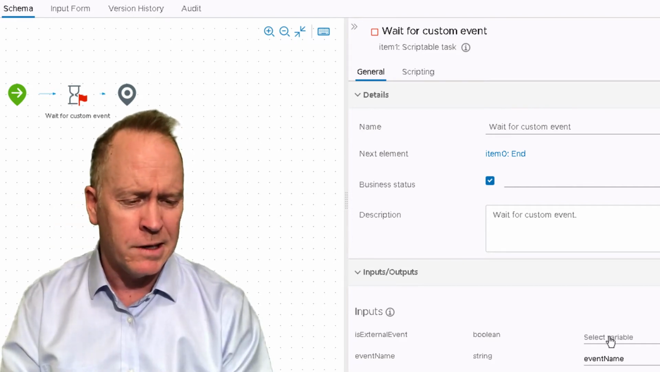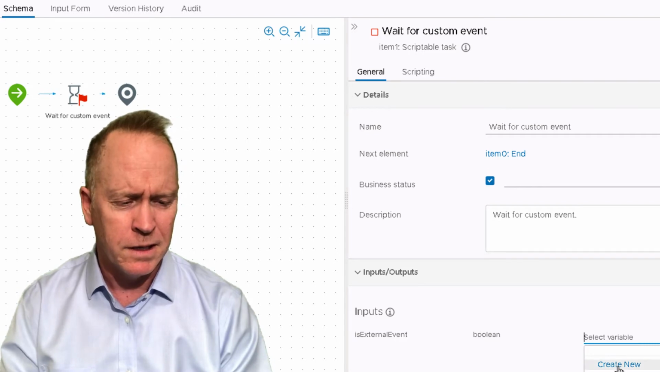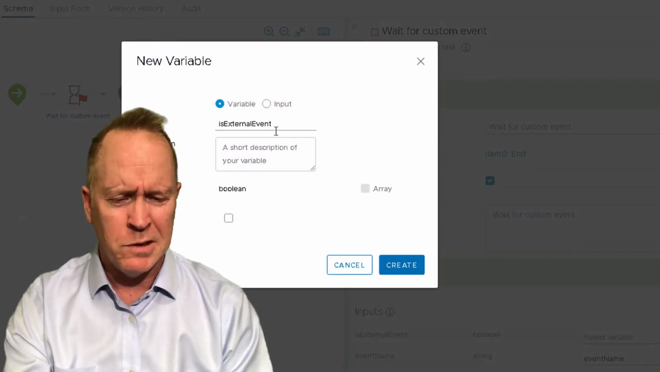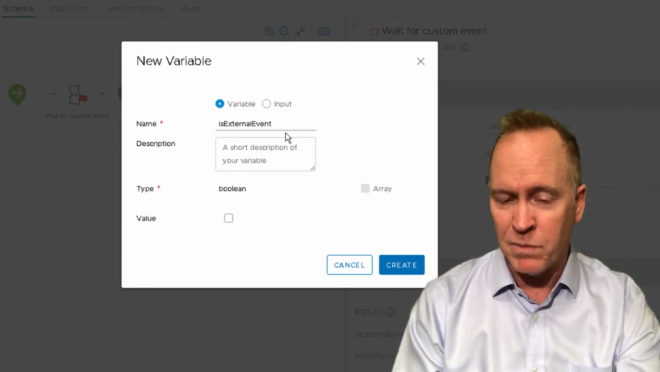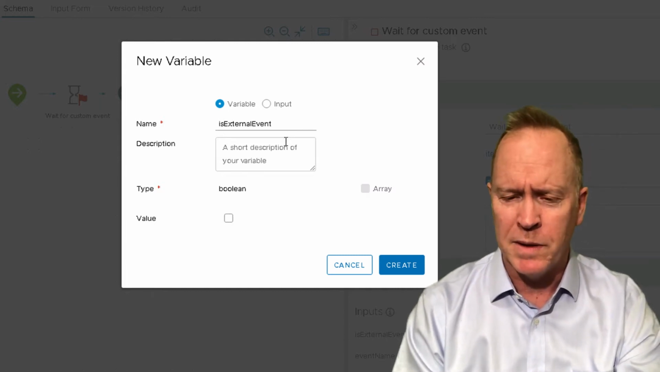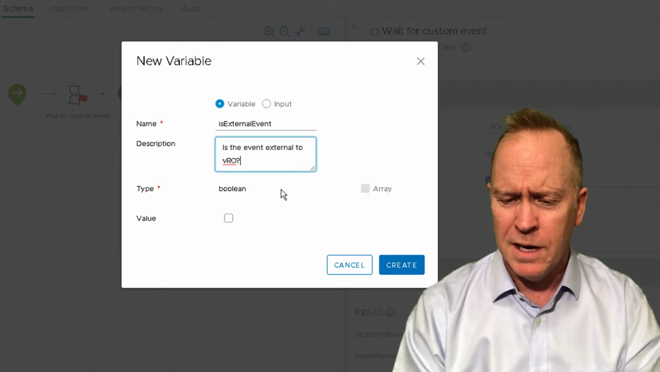So let's go ahead and create a variable for that. So we'll create a new variable. We'll go ahead and use the same name for our variable as is the name that's being used for the input for the schema element. We'll type a description, and then